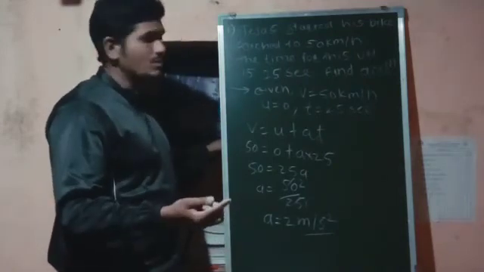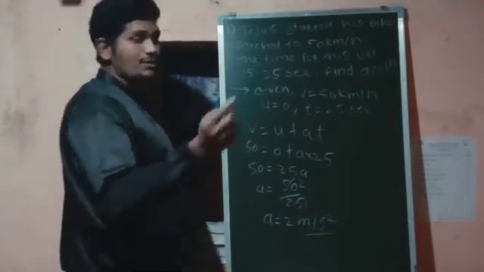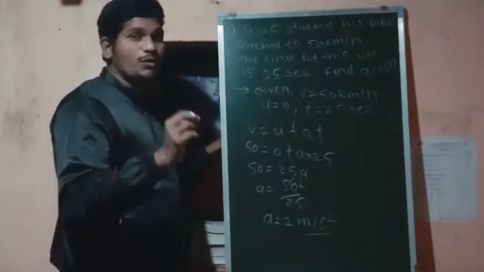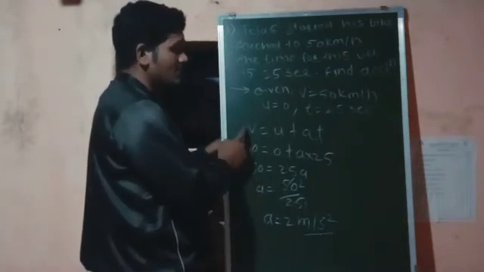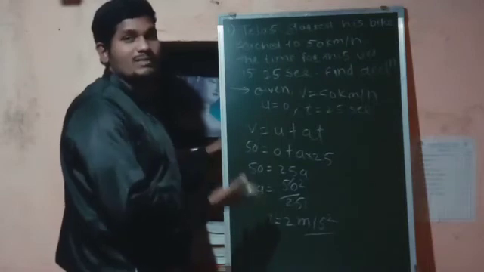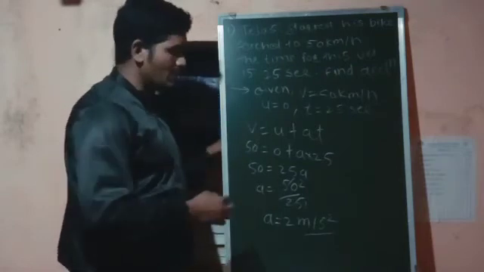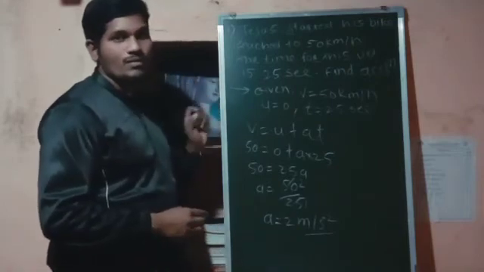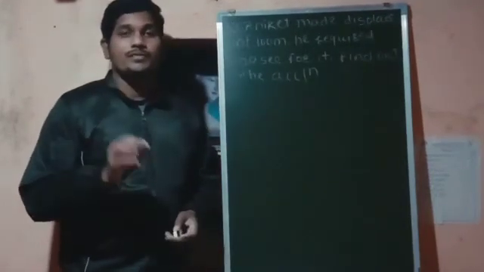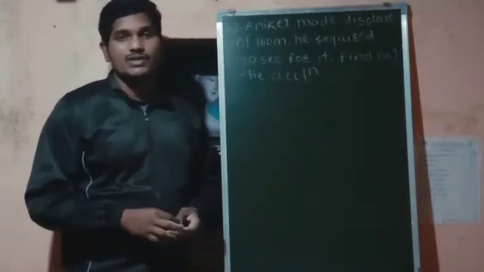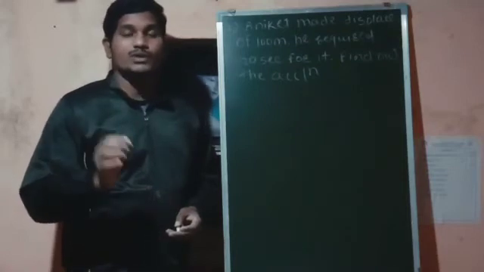Now I will explain one more time. First of all, we have written the given terms. Then I have told you how to select the formula. Then we have selected this formula and simply we have put the values in that and made the mathematical calculations, and this is how we have found the acceleration is 2 meter per second square. So students, we have seen the first problem based on the 3 equations. Now we are going to see the second problem which you can see on the blackboard.